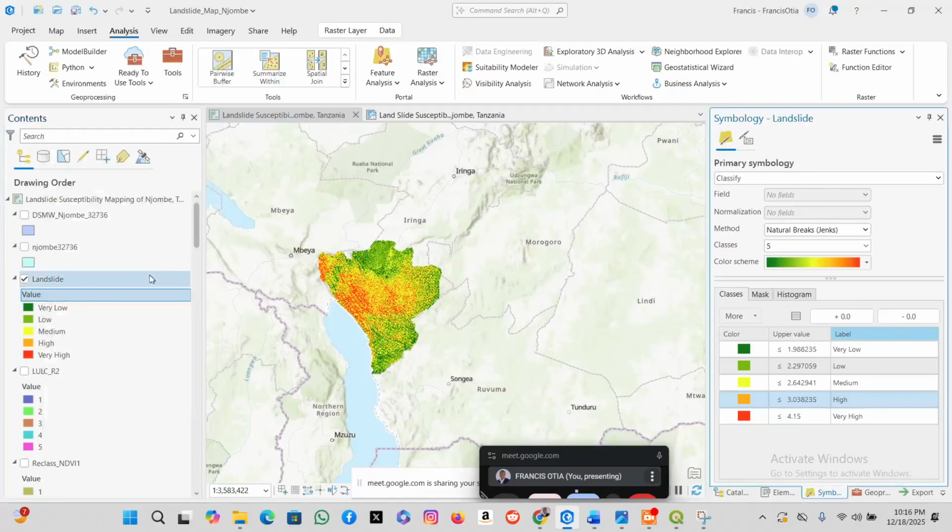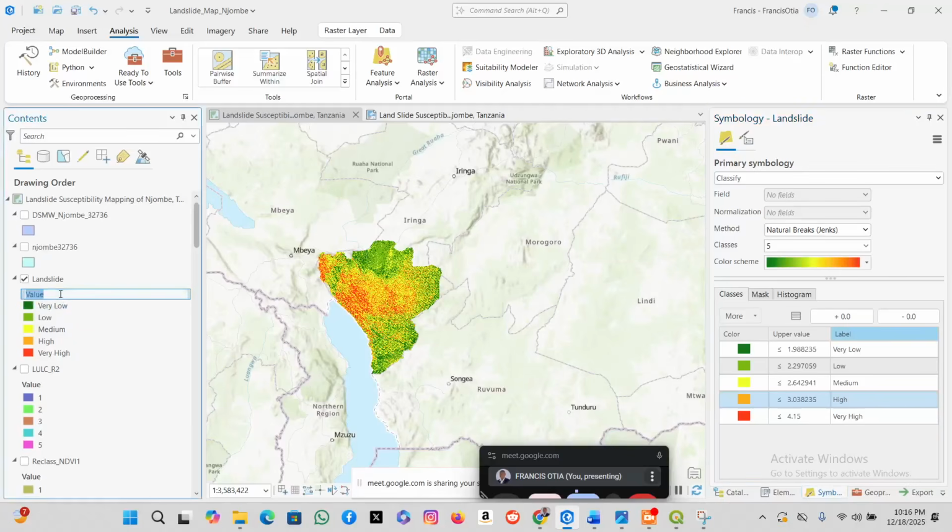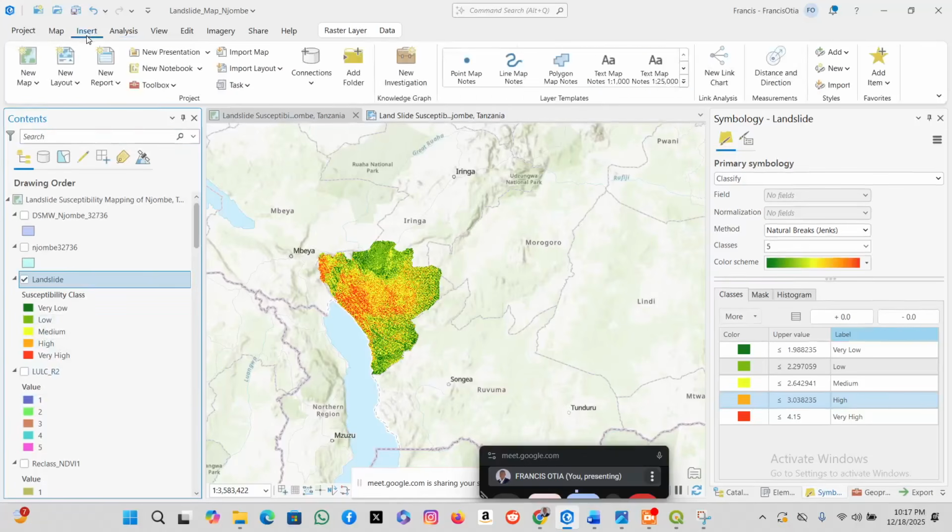You can rename these values also. So I can rename the values to, let me say, susceptibility. So from there, I will now create a new layout,